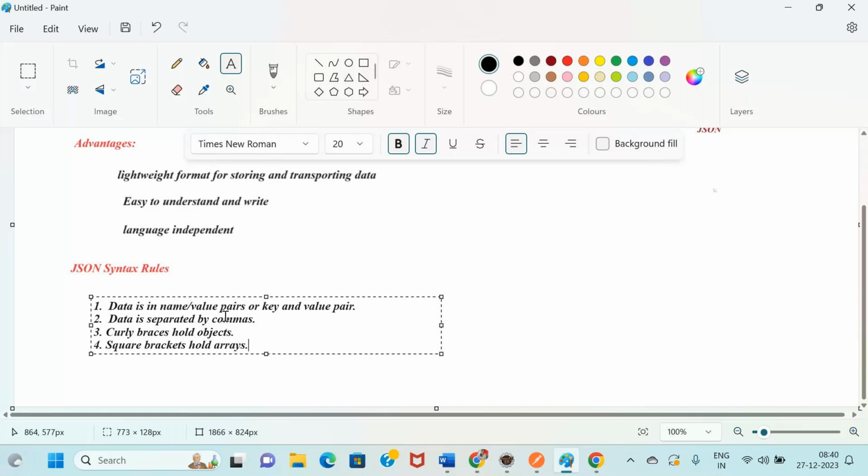So data is in key value pairs. Data is separated by commas. Curly braces hold the object. Square brackets hold the array. Remember till this.